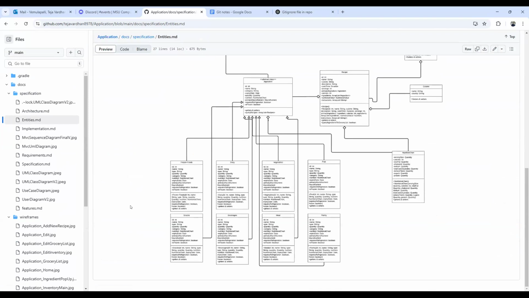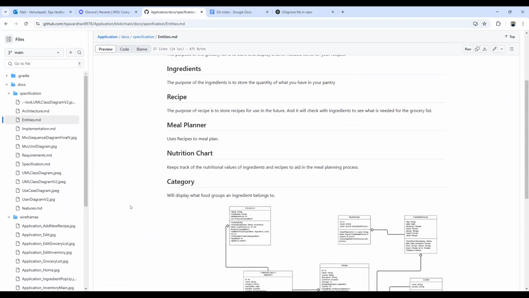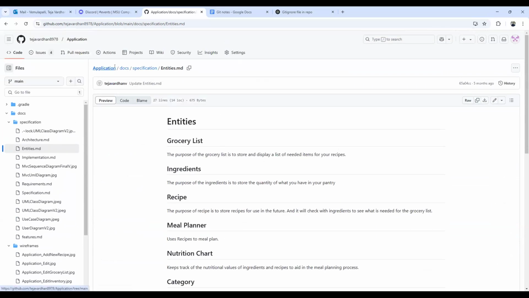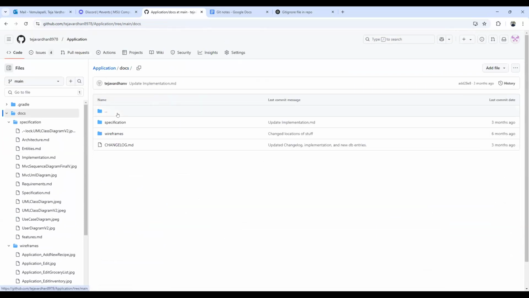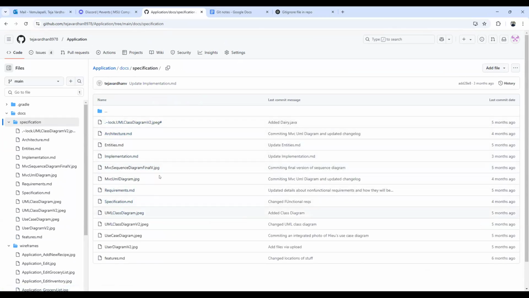Like you see the UML diagram over here. Wow, that's really good. Yeah. And you can write all your docs in MD. Yeah, or most of them. Yeah, most of them are in MD. Right. You can link images.